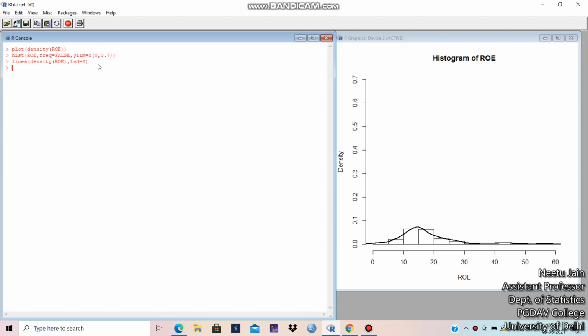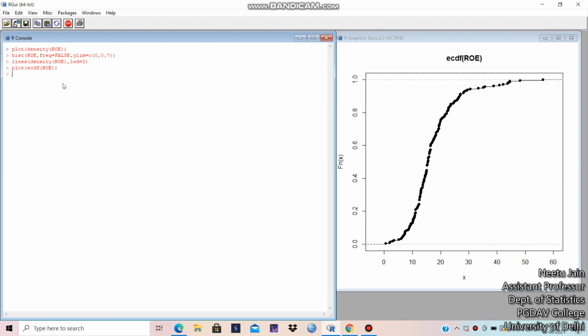Now if you want to plot the empirical cumulative distribution function, this was for the density function, and if you want to plot the cumulative distribution function, what would be the command? The command would be plot ecdf, empirical cumulative distribution function, of ROE, the variable name, whichever variable you want to plot.